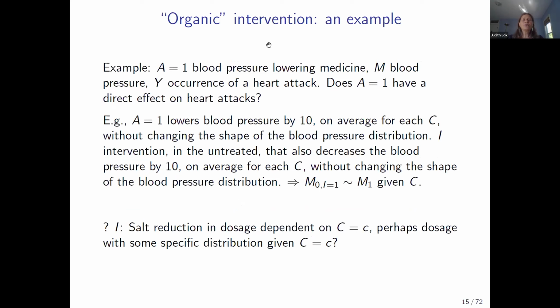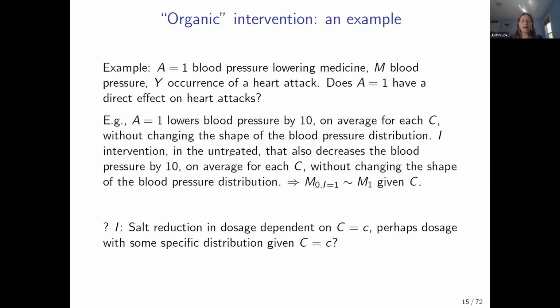So, an example of an organic intervention. A equal to 1 could be a blood pressure lowering medicine, M could be blood pressure, and Y the occurrence of a heart attack. The mediation question: does A equal to 1 have a direct effect on heart attacks? For example, A equal to 1 could lower the blood pressure by 10 without changing the shape of the blood pressure distribution. I could be then an